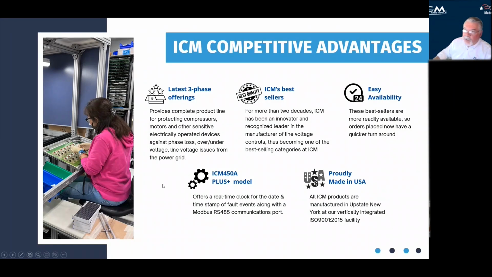The government wants to put more pressure on the power grid to support electric cars and electric everything, and we're just not designed for that. We aren't up to the challenge yet. So surge protection devices and line monitors become even more important. These are best sellers. We're recognized as a leading manufacturer of these types of controls, and these are some of